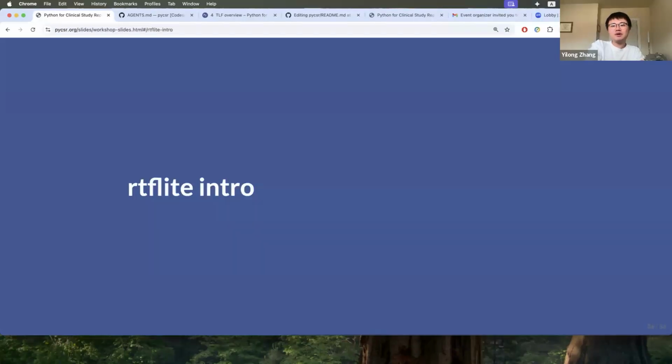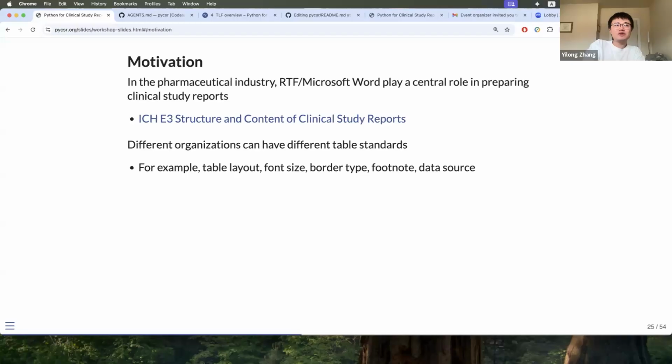And then let's think about RTF Lite. If you have been using either SAS, R, or Python to deliver results, the last step for clinical trial reporting is to deliver production-ready tables. Someone uses RTF, someone uses Microsoft Word, and sometimes just plain text. But anyhow, you need to develop a well-formatted table for medical writing and make sure it's reproducible. RTF Lite is focused only on the formatting part, making sure the table layout, font size, font type, those things are already handled, and visualization is always in mind, right?